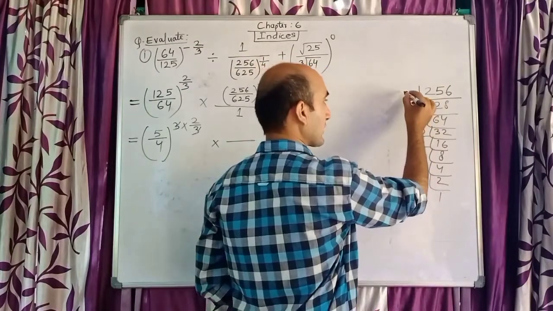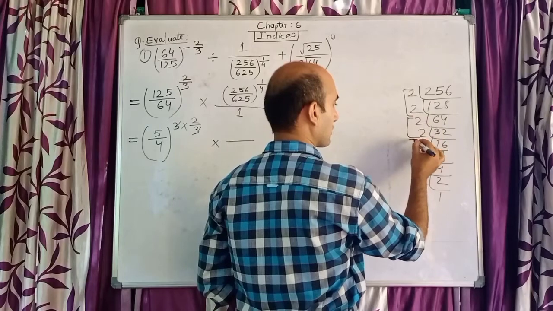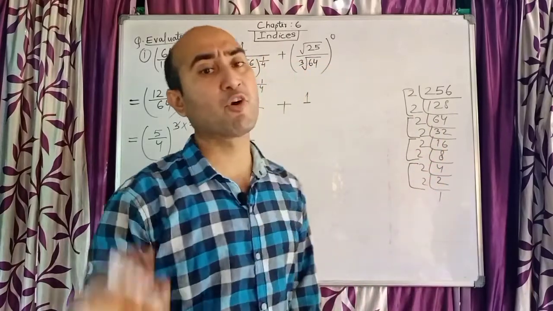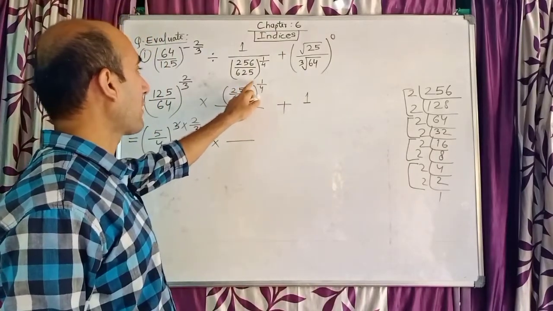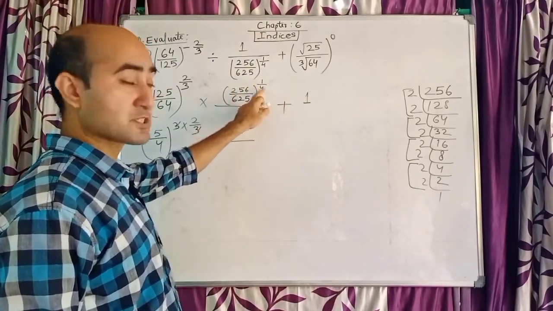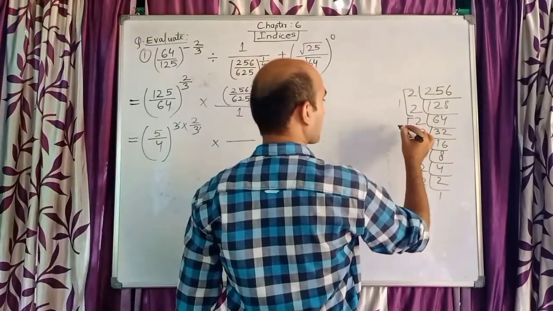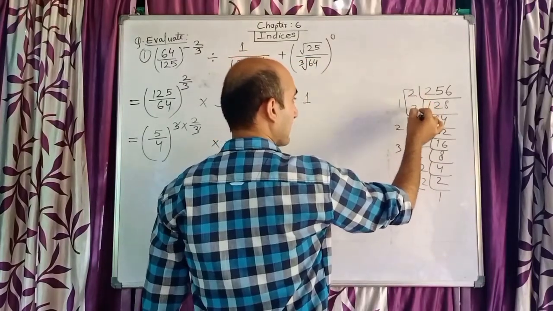So when we make 4 groups, this is the first group, this is the second group, this is the third group, this is the fourth group. Why am I making 4 groups? Because I need this number in the power form of 4, because to remove this 4 I need power 4. So I can see first group, second group, third group, fourth group. Each group has 2 2s are 4.